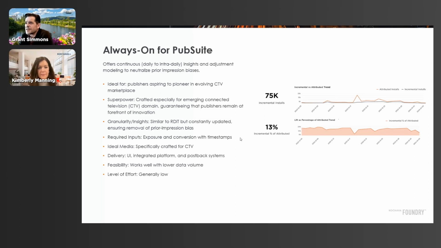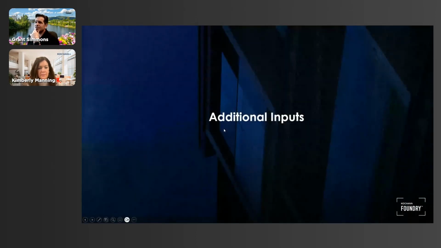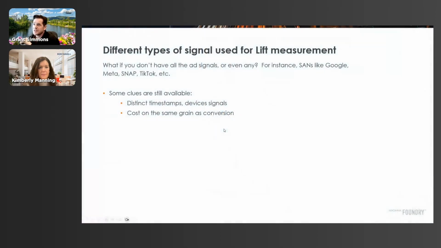So everything I've talked about so far largely has to do with ad signals being available on both the advertiser and the publisher side. But what happens is that starts to go away. And I think that's, see my iOS webinar if you don't think signal's going away, it's going away. And we've already lived in this world for a bit, right? We've all lived in the world of self-attributing networks like Meta and Google and things like that.